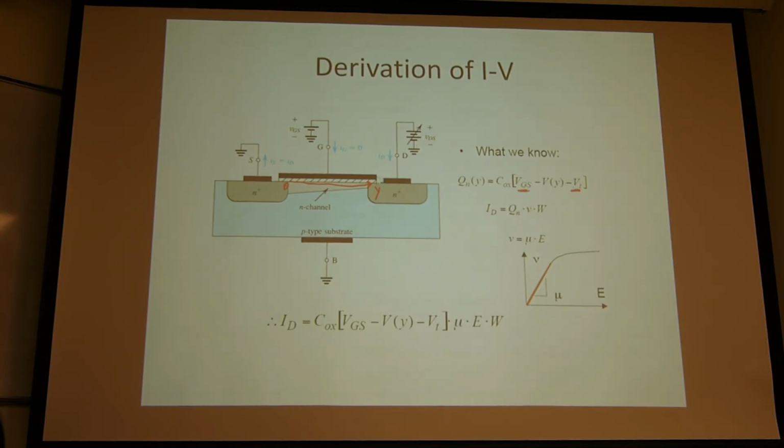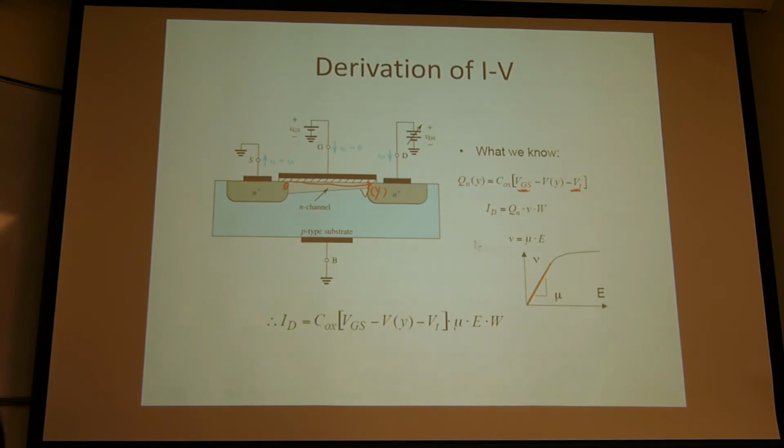And then the voltage of the channel is a function of the position y, because the drain voltage will drop across the channel. So then Vy is different depending on where the position is. So you will have the actual effective voltage across this MOS capacitor, that is VGS minus Vy minus